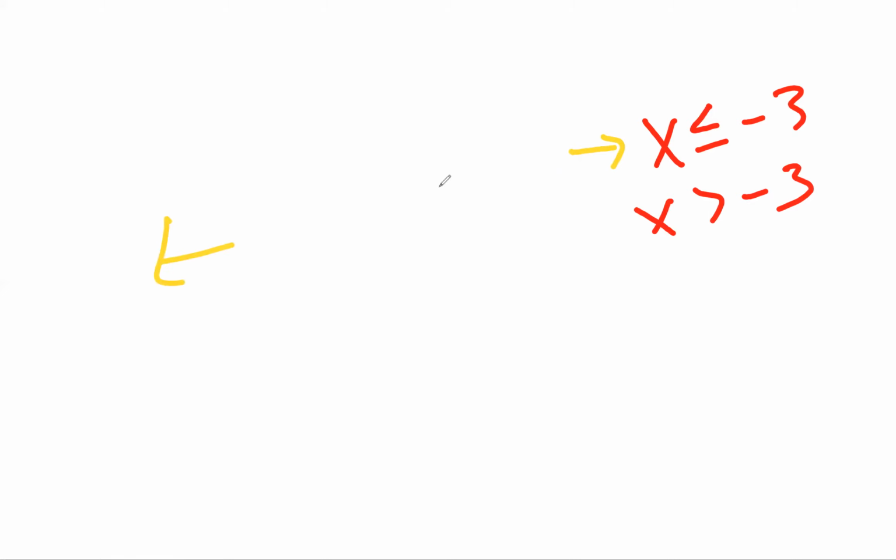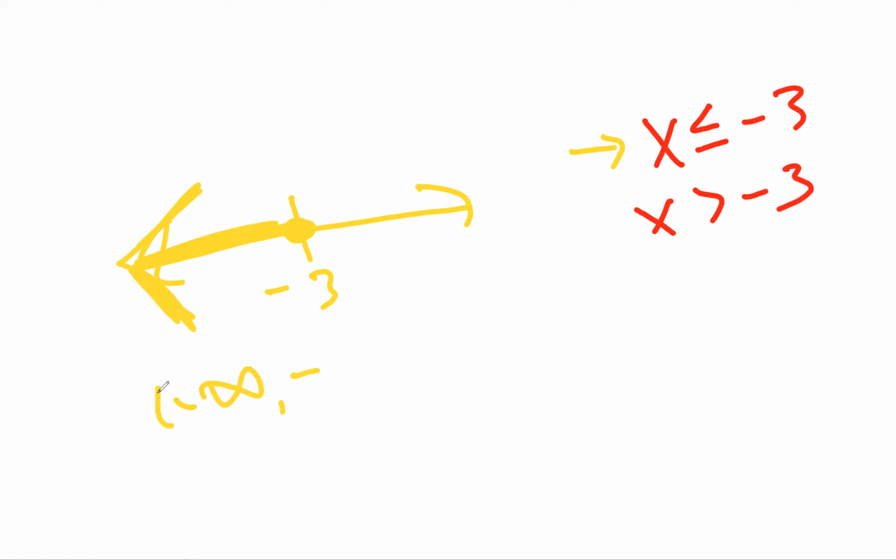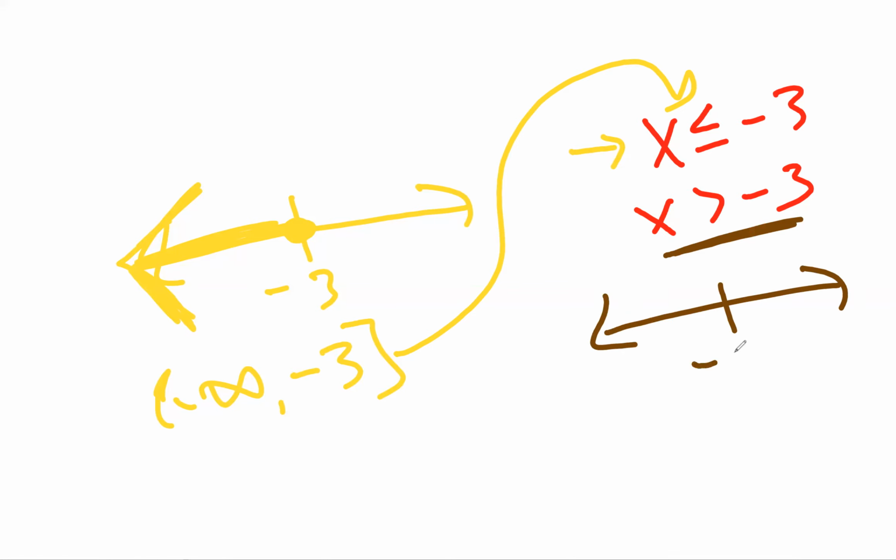And so on a number line, here's -3. We said if that were true, we would include -3 and we would shade to the left. And if you were to write only this in interval notation, it's from -infinity with a parenthesis to -3 with a bracket. That's how I got that. And then I say, well, pretend like for right now, all we have is this guy. And this says x is greater than -3. And so if I were drawing it on a number line, this would be an open circle and I would shade to the right. And I would say, okay, well, that's from -3 with a parenthesis all the way to